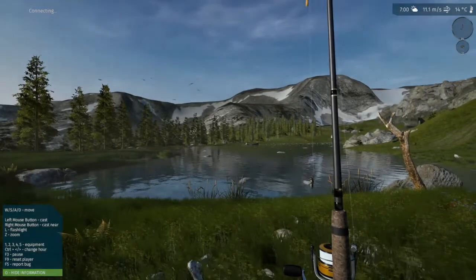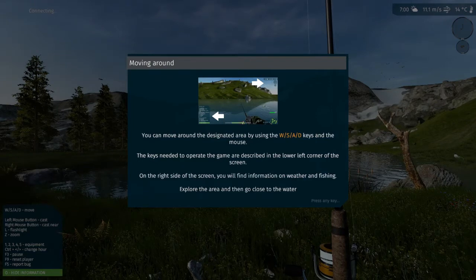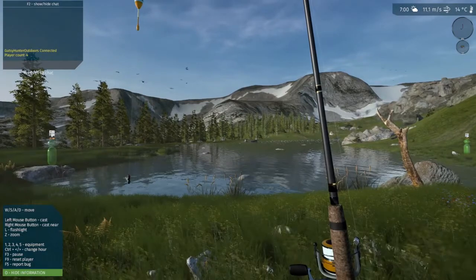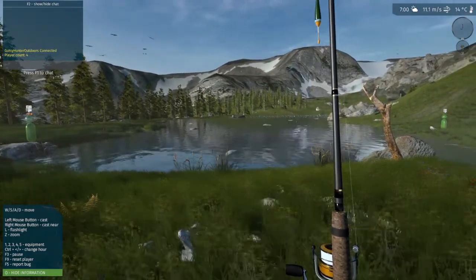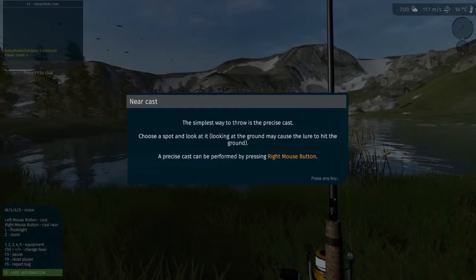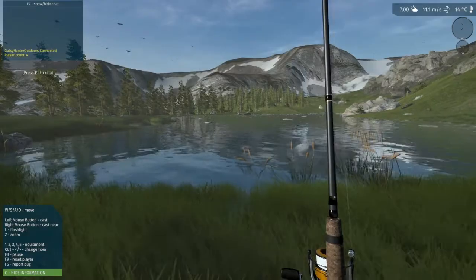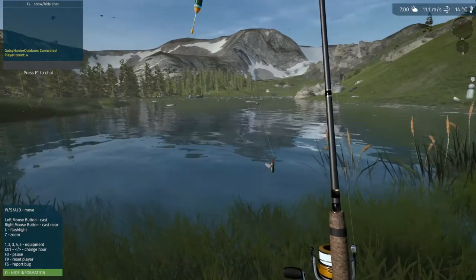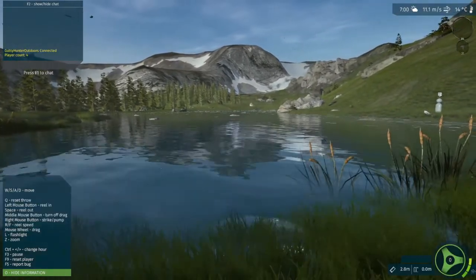As I understand this game too, it's more of an open world type fishing. Oh, alright, so we can move around. Same thing we just read, and we're going to push any key. Alright. So, let's go ahead and just kind of move over here, looks like. Press the right mouse button, okay. So let's go ahead and